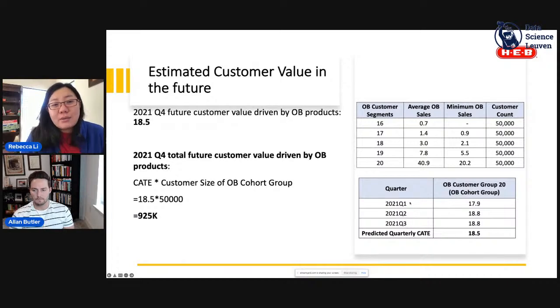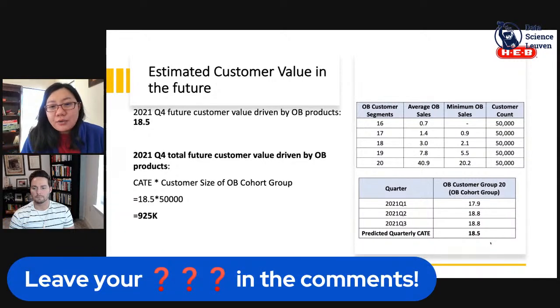You can pick whatever period you want. And by doing the average, we can get the predicted quarterly CATE for group 20. It is 18.5. Therefore, we could draw the conclusion that a customer would generate an additional $18.5 in 2021 Q4 if